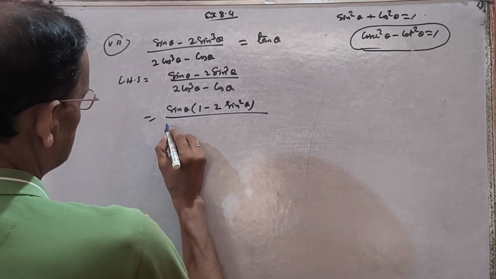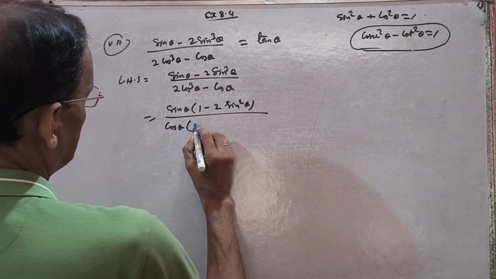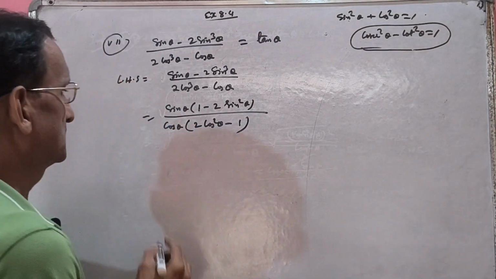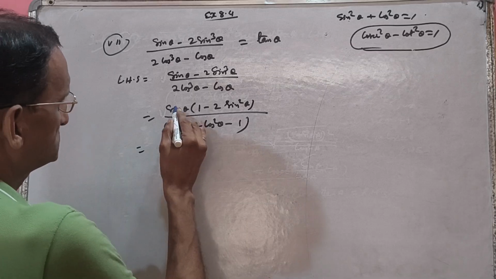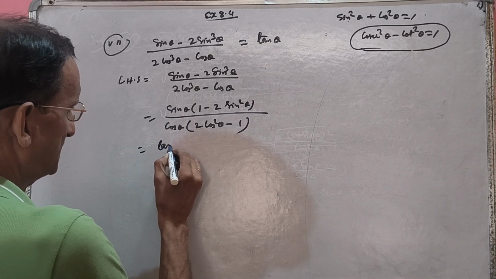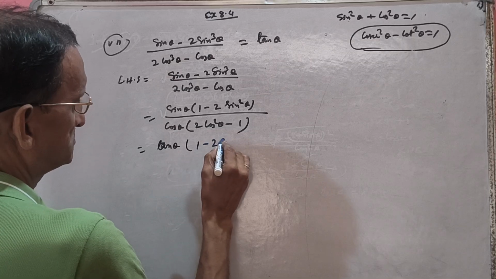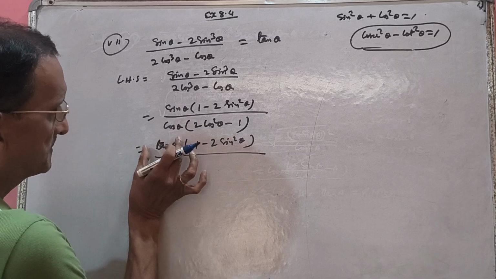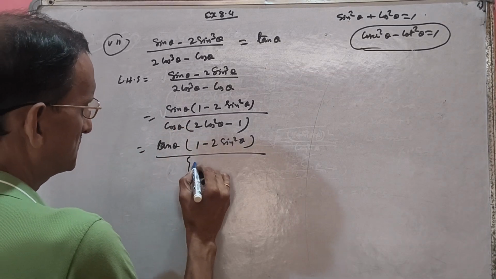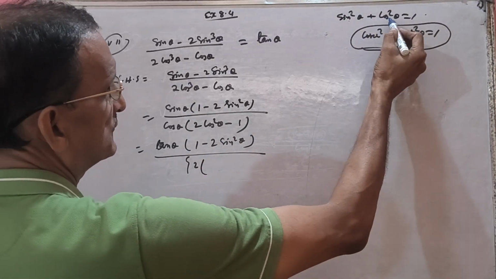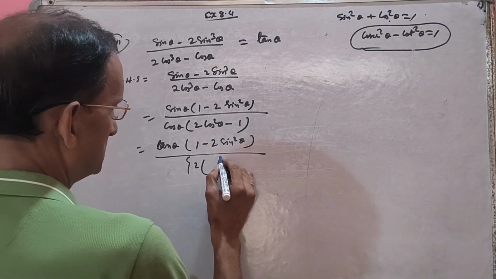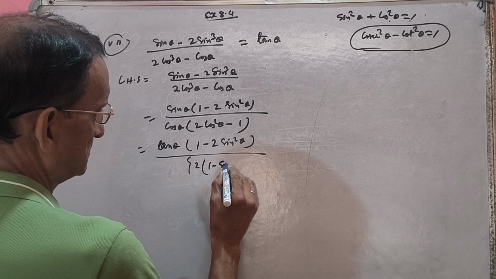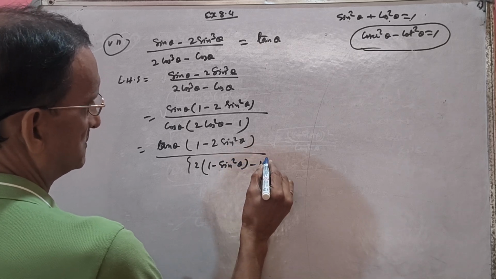And what is common here? Cos theta. Cos theta. So what we will get? 2 cos square theta minus 1. Okay. Sin theta by cos theta, so very clearly you know tan theta. This is tan theta. And (1 minus 2 sin square theta) by this, sin by cos already have written tan. What is left? This only. So you know you can convert cos in terms of sin. Cos square equal to what? 1 minus sin square. So this cos square, 2 is here. Cos square is 1 minus sin square theta, minus 1.